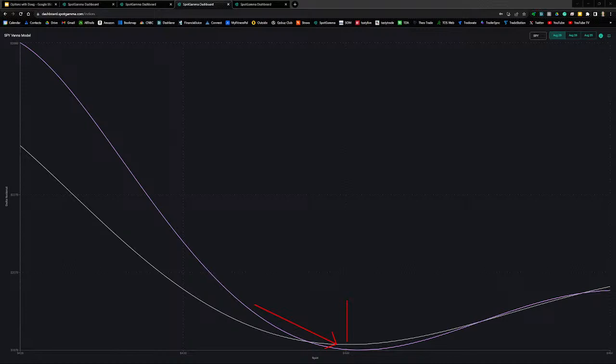So with the SPY now trading again right at the bottom of this curve, there is no more put Vanna rally, put Vanna fuel, according to this chart. So as price increases from here, that will be a slight headwind. Market makers' delta notional will increase as price increases, and they will have to start selling futures to hedge their